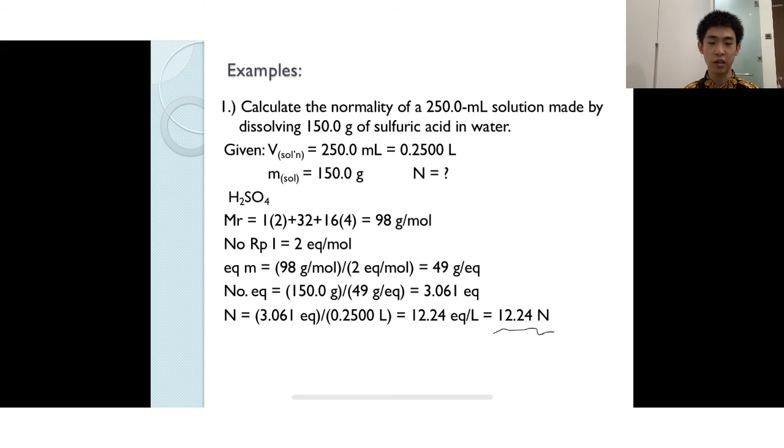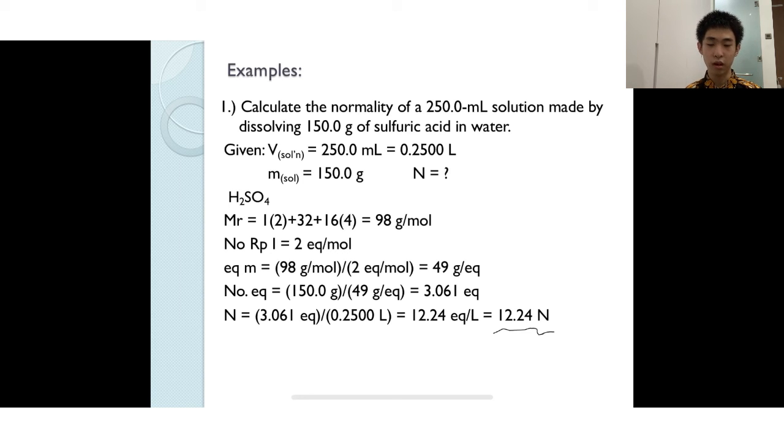So we need to find the normality. So let's start by finding the relative mass, which is 98 grams per mole. The number of replaceable ions is 2 equivalents per mole. The equivalent mass is 98 grams per mole